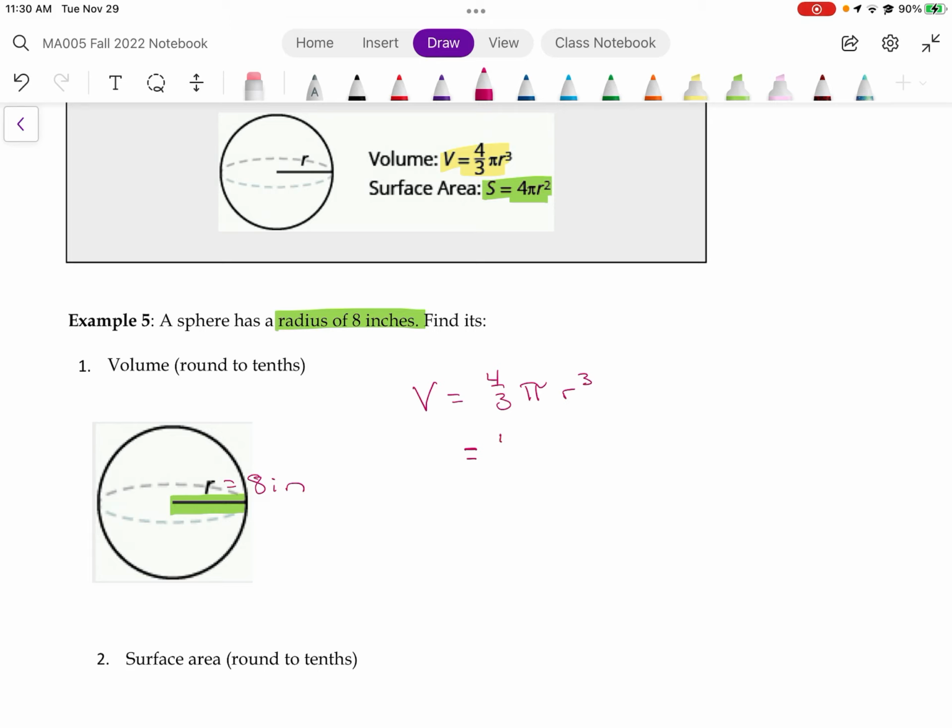All right, so we've got 4/3. I'm going to use 3.14 just in case you don't have the button handy. And r is 8 inches, and it is cubed. Put this in your calculator. If you've got a fraction button, you can use the fraction button for the 4/3. At the end, though, you will have to convert it to a decimal by using the toggle button. Or you can say 4 divided by 3 times 3.14 times 8 cubed. Make sure you only cube the 8. All right, and you should get